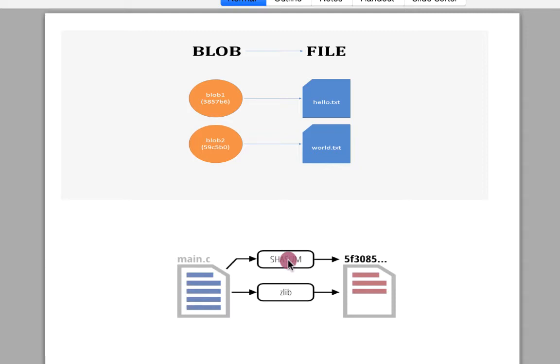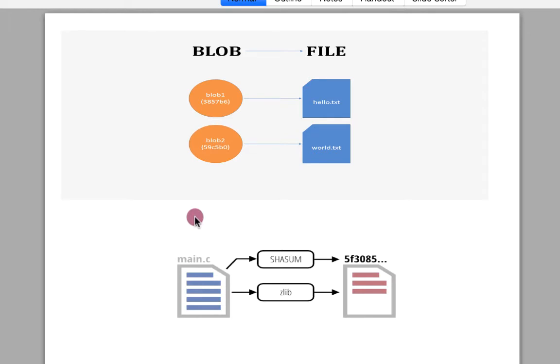The content of this file is compressed using zlib and then saved in a binary format known as a blob. One file equals one blob, and the content of the file is passed as the input to the SHA-1 algorithm, which generates a 40-digit hash. And that 40-digit hash will always be unique.